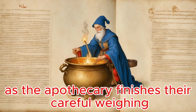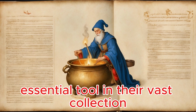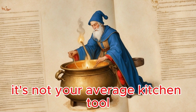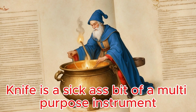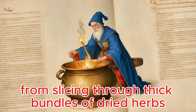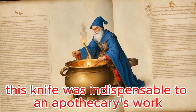As the apothecary finishes their careful weighing and grinding, they reach for another essential tool in their vast collection, the apothecary knife. Now, this isn't just any knife. It's not your average kitchen tool. The apothecary knife is a multi-purpose instrument, sleek, sharp, and finely crafted to perform a variety of delicate tasks. From slicing through thick bundles of dried herbs to performing minor surgeries, this knife was indispensable